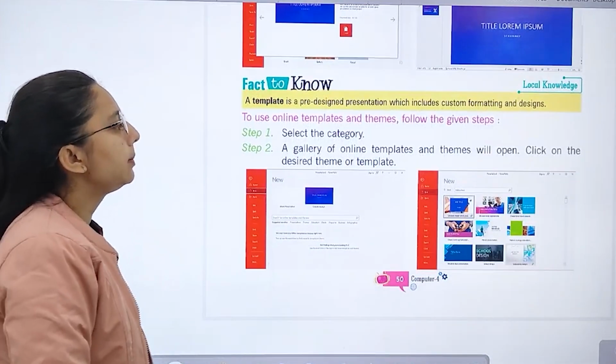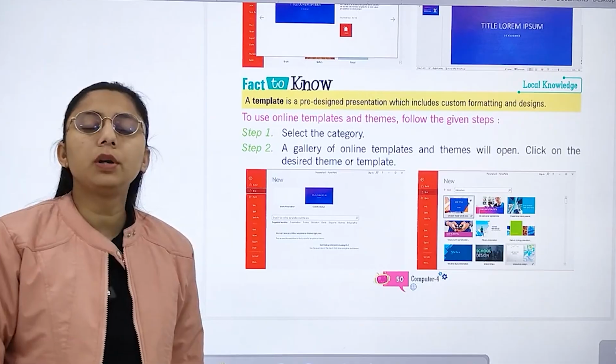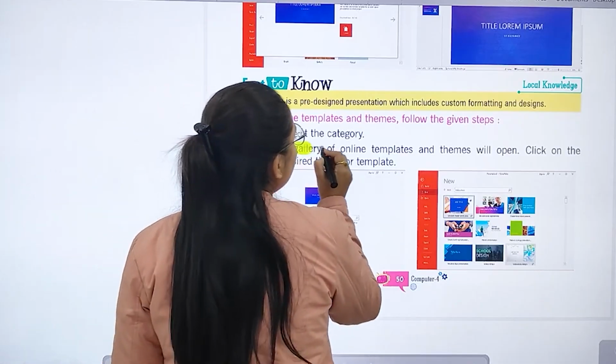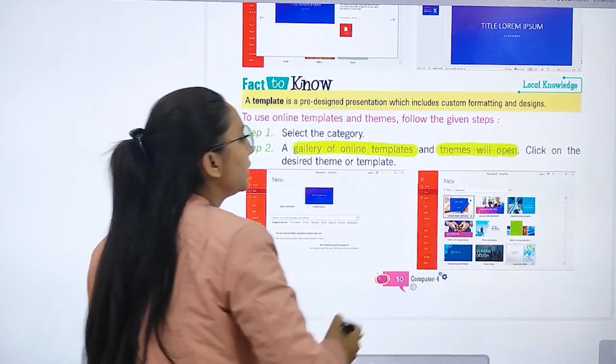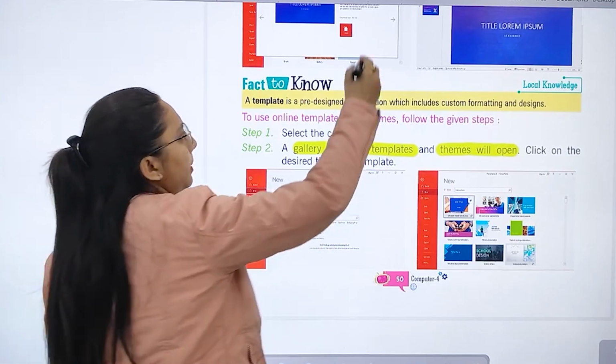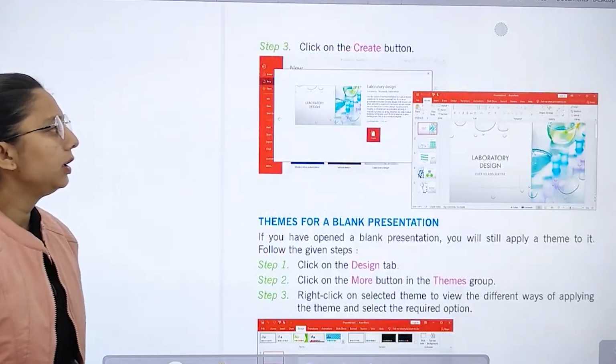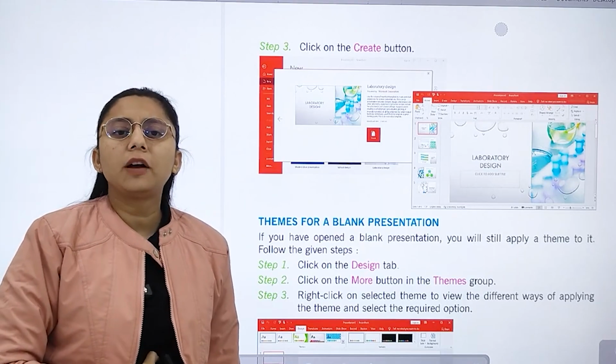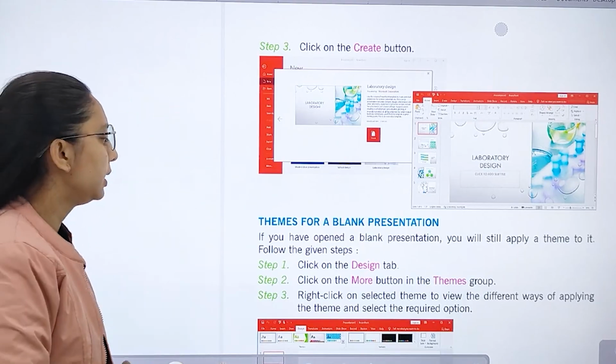Now to use online templates and themes, follow the given steps. Select the category. A gallery of online templates and themes will open. Click on the design theme or template. Now click on the Create button. You have to click on the Create button so you can create the